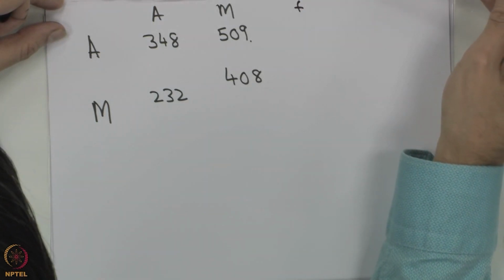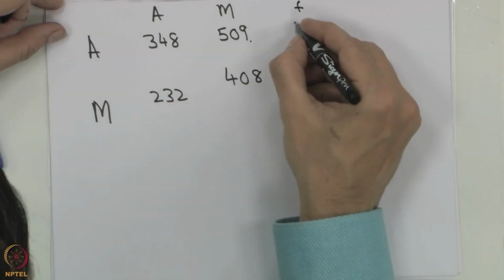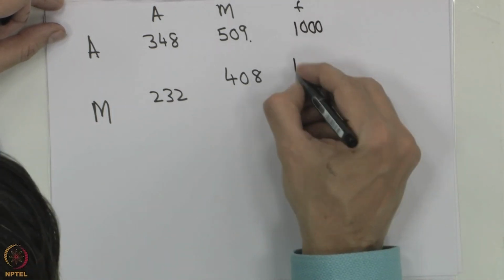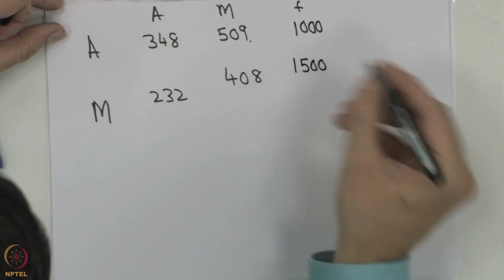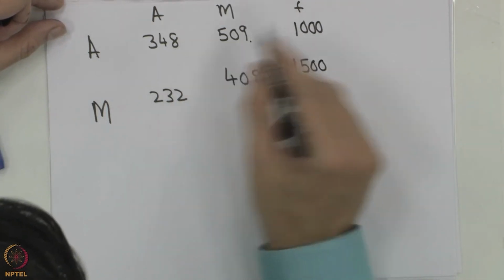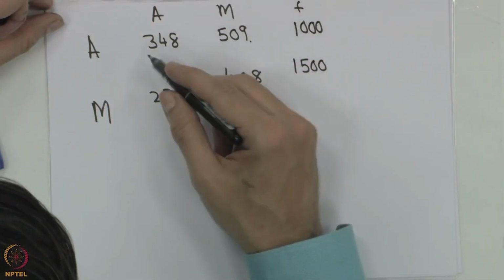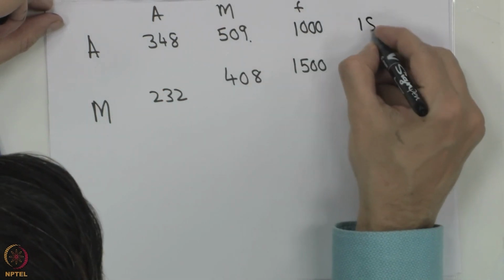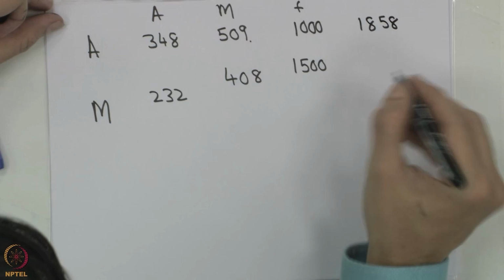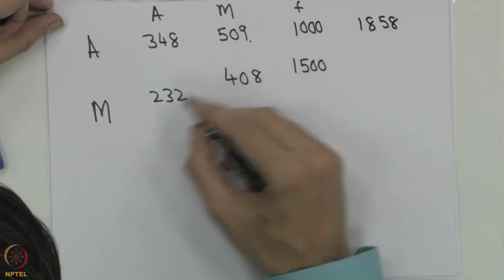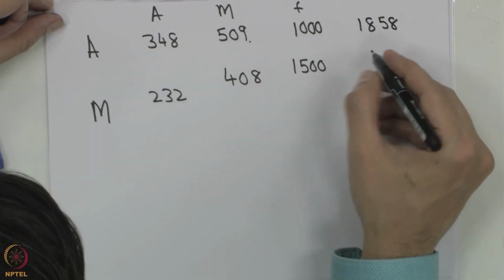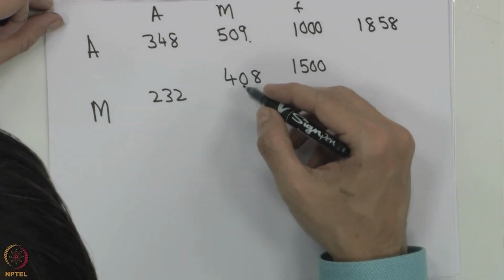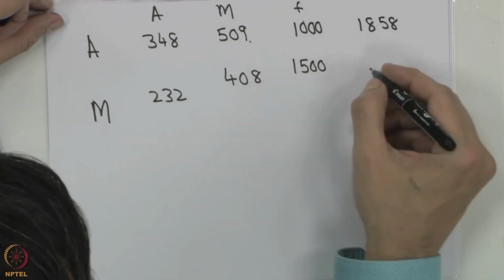Final demand that we had was 1000, from 800 to 1000, and this is 1500. When you add this up, you should get 1509 plus 348, you get the same value that we had, 1858, and here also 1540, 1500, and this comes to